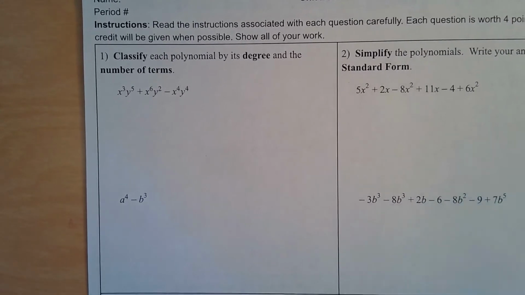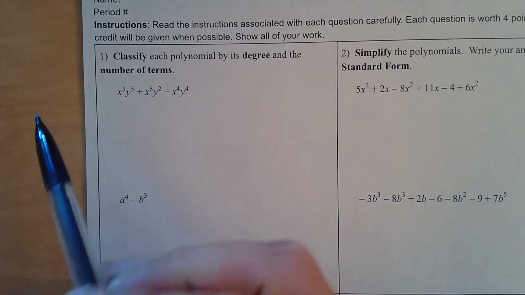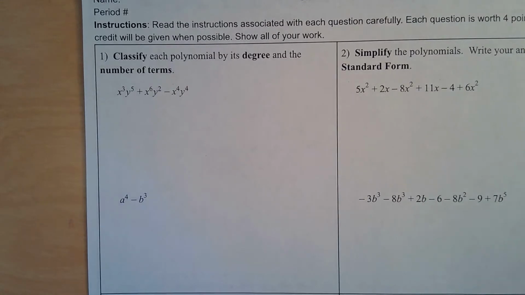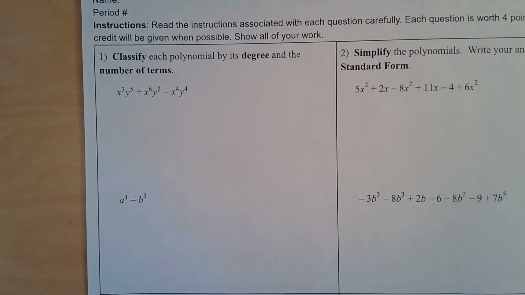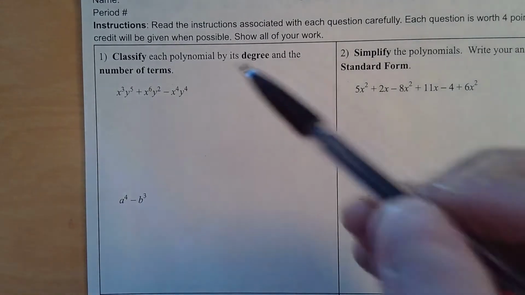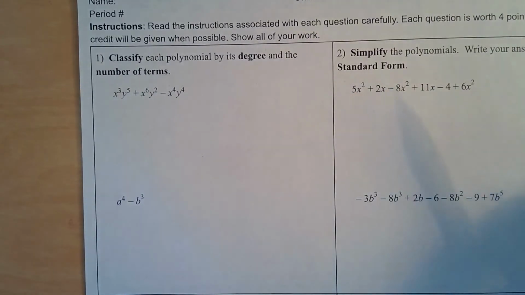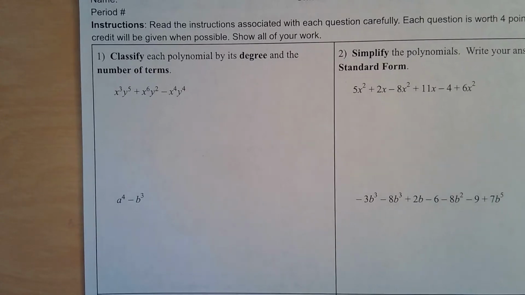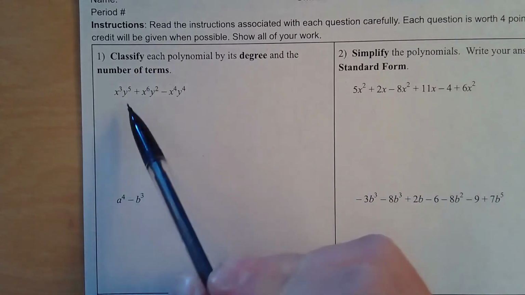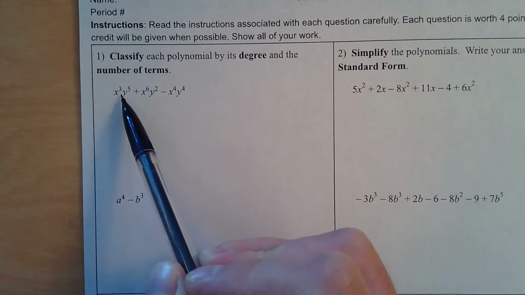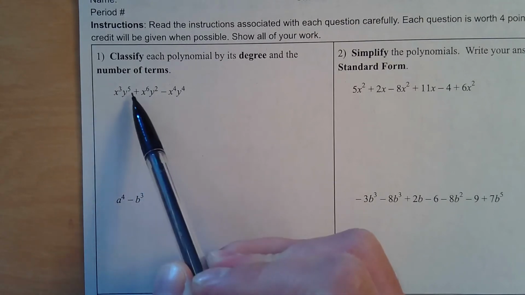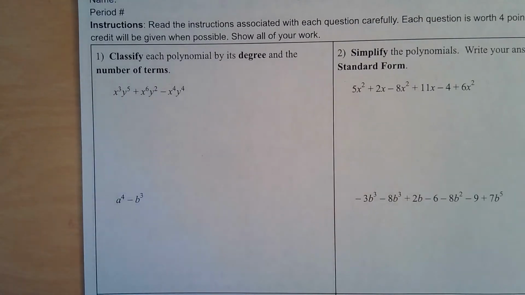All right, so what we're trying to do here is classify this polynomial by its degree and number of terms. So this is just some vocab stuff here. To find the degree, what you're looking for is the highest exponent. And sometimes you'll get these polynomials that have two variables being multiplied together, or I guess it could be more variables being multiplied together. But if that happens, what you're going to want to do is add up the exponents